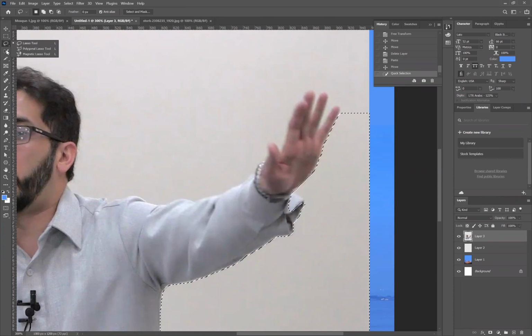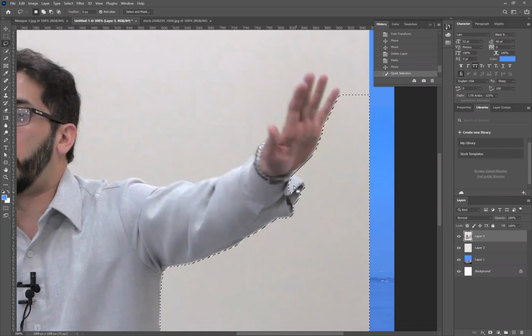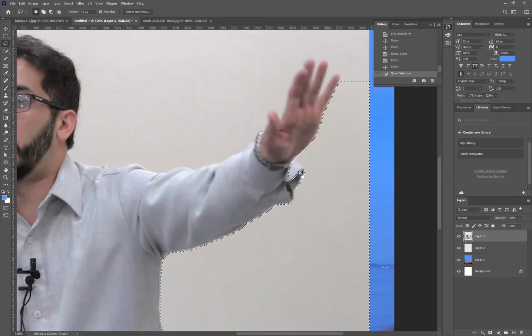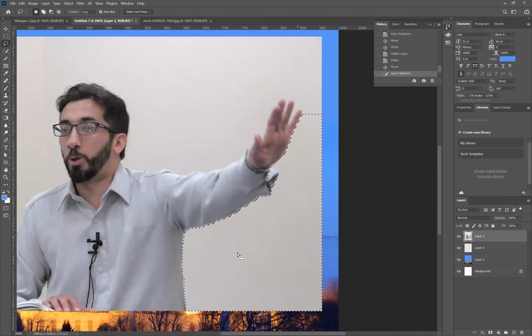I am explaining three continuous tools: quick selection, the hand sign, and then the lasso, the use of the lasso tool. Now, by mistake, the collar, I mean the shirt of Numan Ali, got selected. I don't want this selection to be present when I am deleting. Basically, I selected this part because I want to delete this part. With the help of quick selection, I already selected this area. If I want to delete, what is the keyboard shortcut?